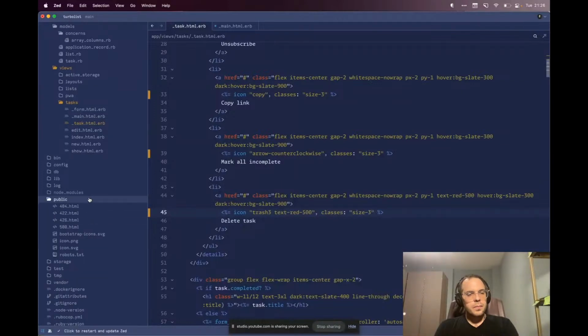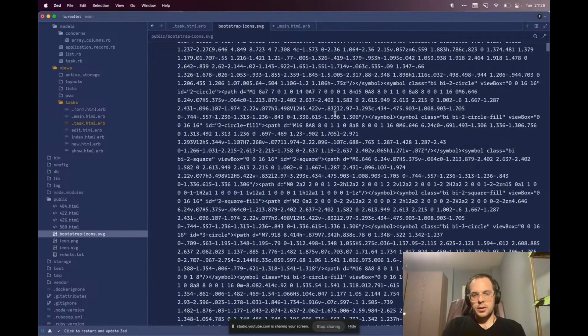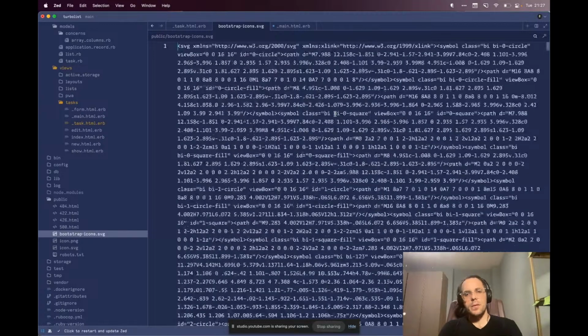So I went and got that sprite sheet, which is a single SVG tag with a whole bunch of symbol definitions. Those symbol definitions have IDs on them, and then inside of the symbol, you define the paths. Right? So it's just a big file. I put that file in the public directory,